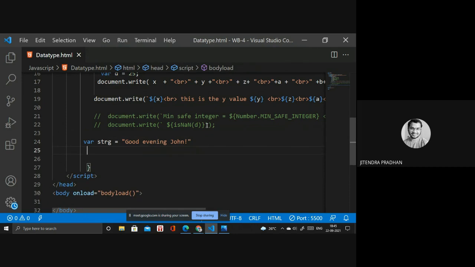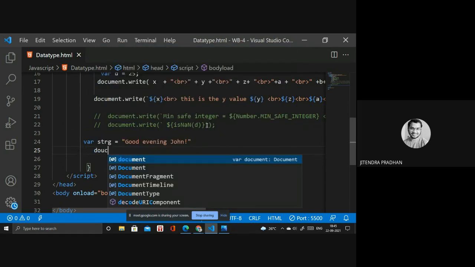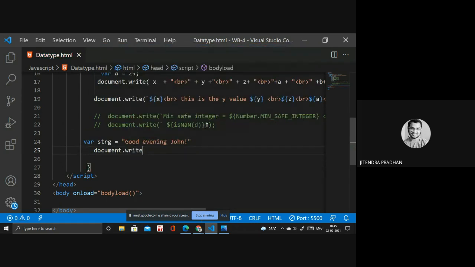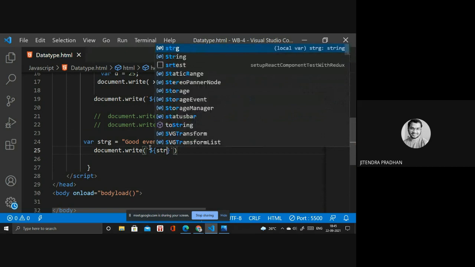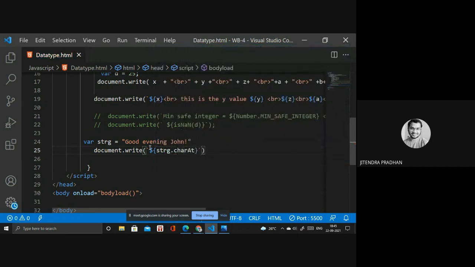If I write document, you can write console.log, but it's not printed in the dates. Okay, you have to remember. Next, we are accessing a value inside, so we use strg.charAt. You have to write the index number. If I write 0, 0 is my index number.